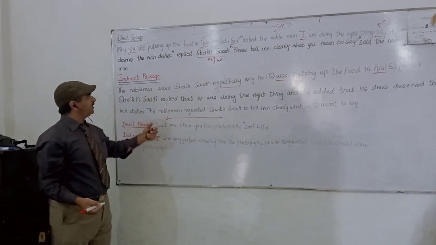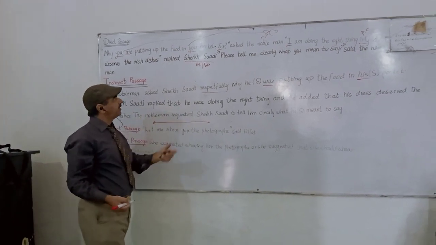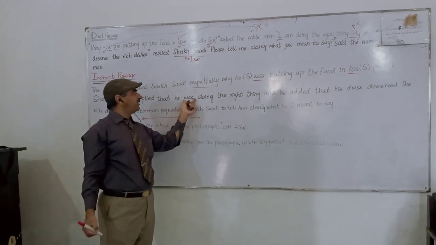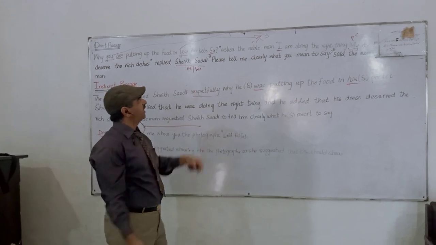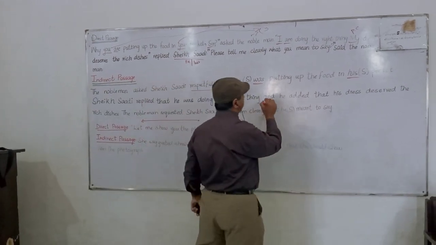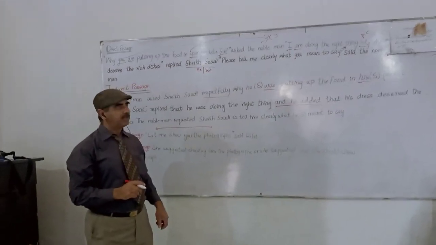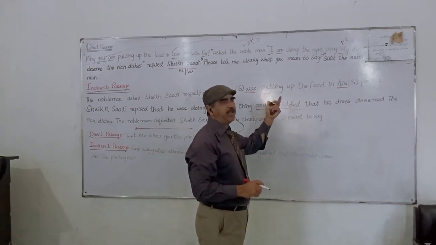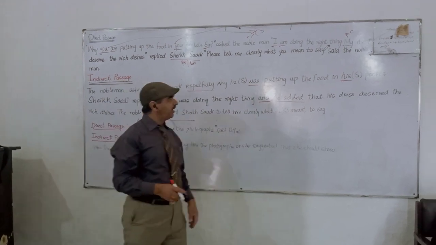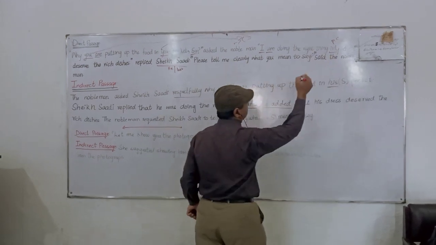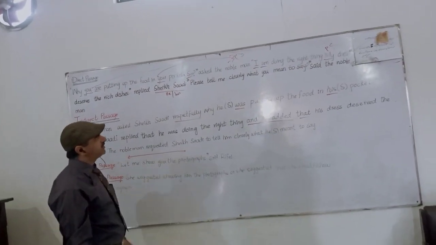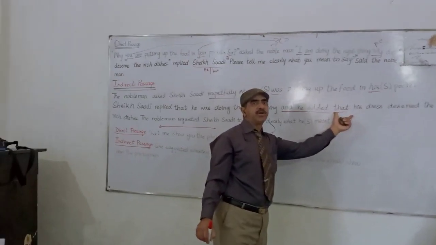So Sheikh Sadi replied that, to remove the inverted commas. This one, "I", we replace with he. Clear? Yes, sir. "Am" changes into was. Was doing the right thing. And then we'll have to connect the next sentence. And he next added. We can write "and he added", or simply "and added", like this one. If we write "and he added", that's okay. If we write simply "and added", that is also okay. Again, to remove the inverted commas, we'll write "that". This is just to show another reason. And he added that